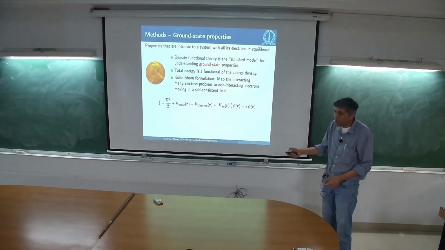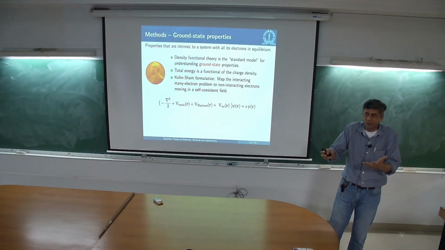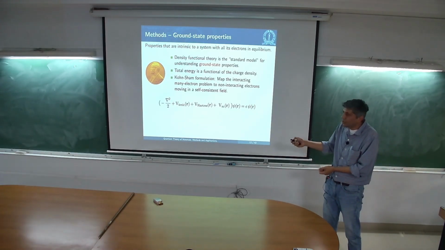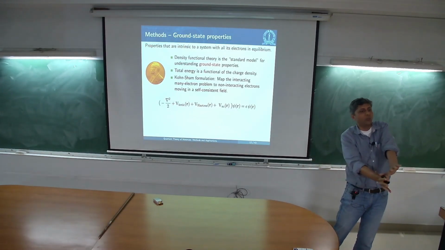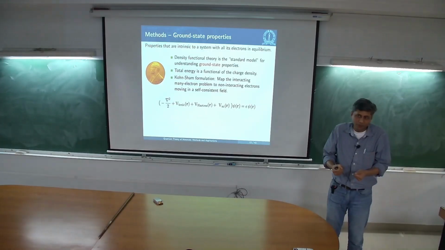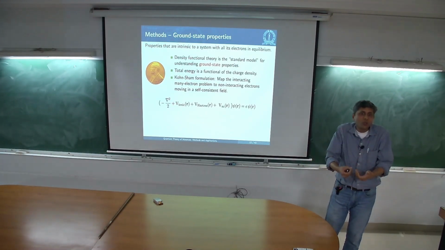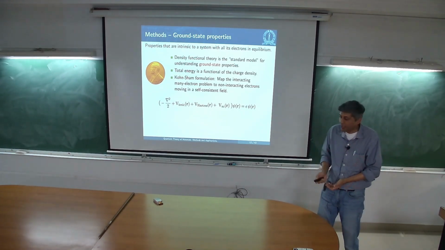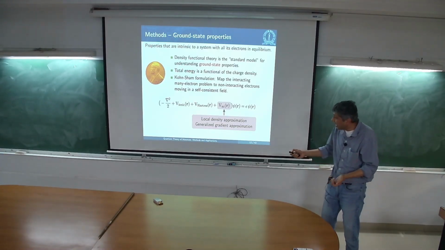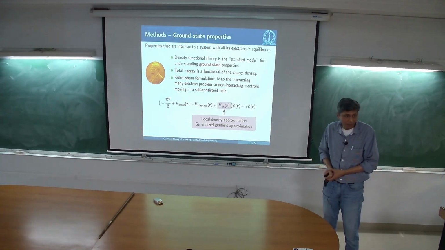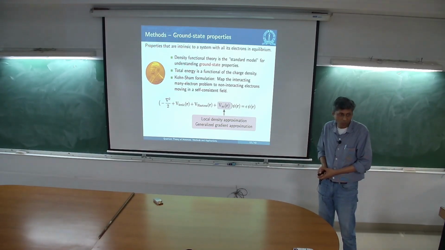You recognize the ionic potential, which comes from the pseudopotential. There's a Hartree term, which is just the classical electron-electron repulsion, standard electrostatics. And then there is this term called exchange correlation, which is where you shove in all the stuff that you don't understand. The hope is that you can make a very nice approximation for it, and if you can, then you can solve this problem easily. In fact, the reason why this theory is extremely successful is that you can approximate this extremely well, and there are very standard approximations that you can make.